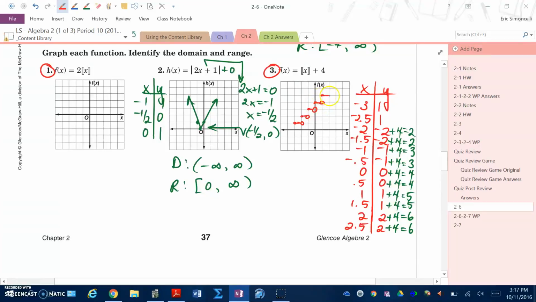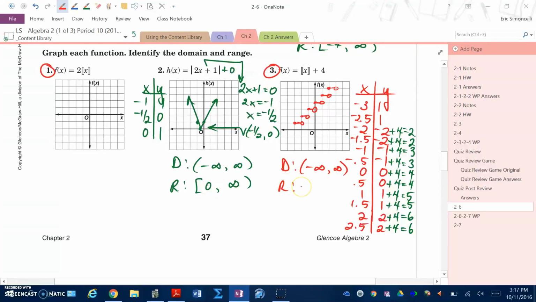Closed, open, closed, open. My last value is a 2.5, comma 6. So 1, 2.5 puts me up at 6, so closed and then open. So this is our step function, as you can see, the domain of which will be all reals, and then